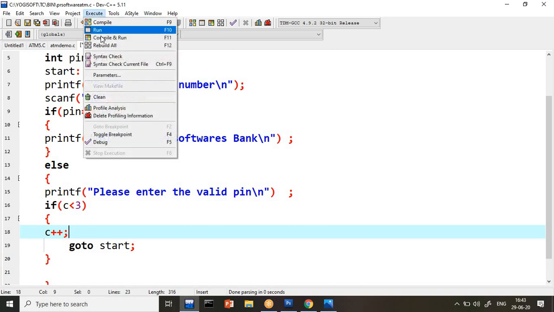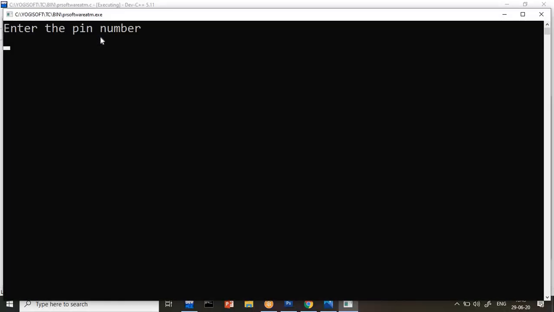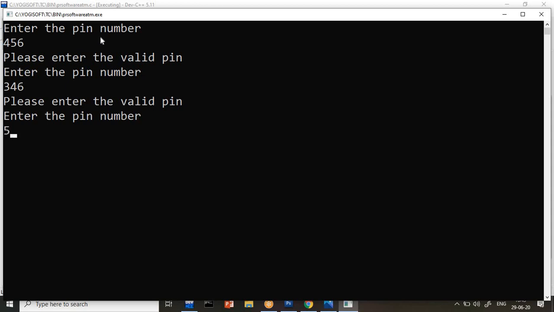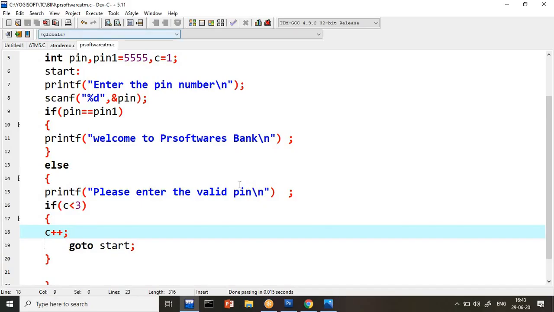So just check it whether it is working fine or not. We have to work step by step, guys. So let us say 1, 2, 3. My program stopped automatically. Only how many chances given? 3 chances. So this is about what? First task is completed as per our program.